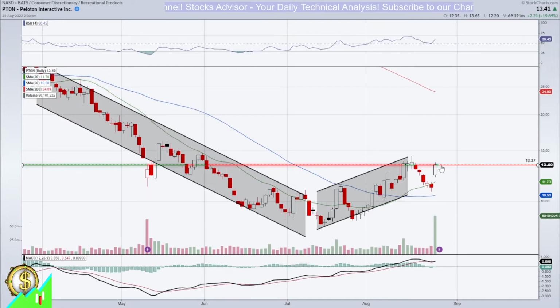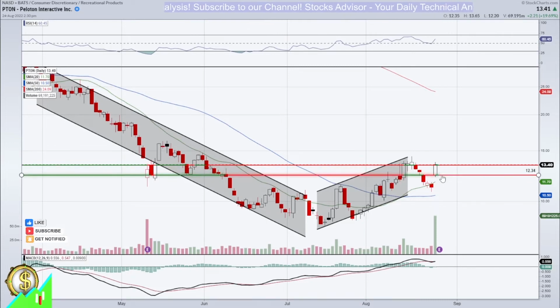Tomorrow there could be a small reconfirmation candle taking place, similar in shape to, for example, a hammer-like formation, could be red or white, something like this, because the market still wants to reconfirm this positive action. Therefore, it will be the buying opportunity. The first technical level to buy is anything within the body of this candle. At the moment, it's between 12.34 and